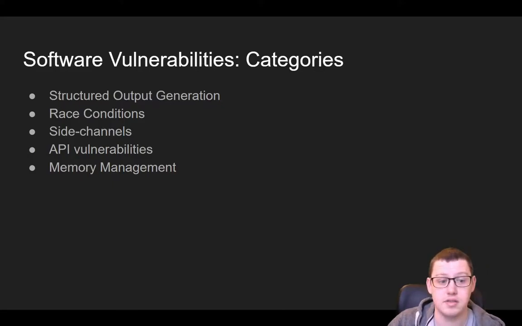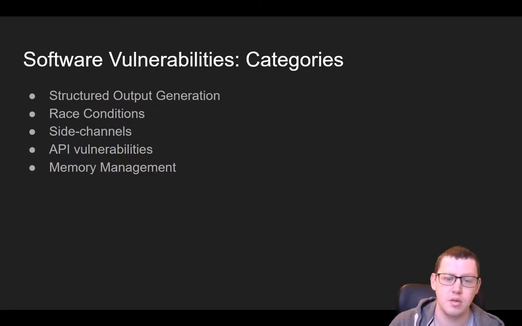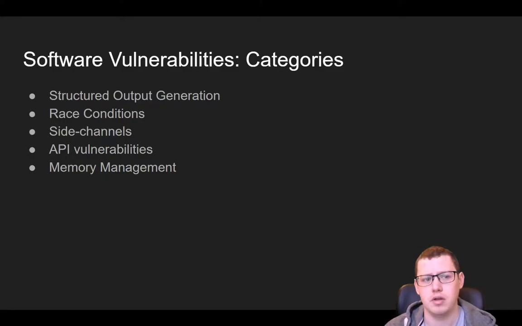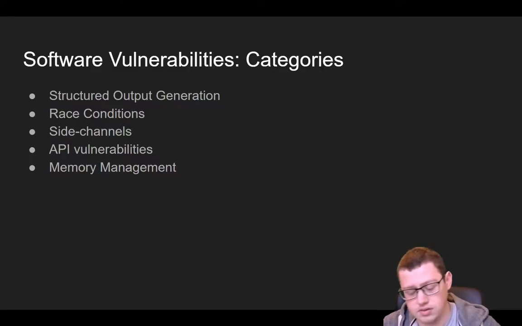So we've got API vulnerabilities. API vulnerabilities basically occur when components of the system interface with each other via an API, and they don't correctly use the API according to the specification or the contract of how it was intended to be used. This is an obvious security problem when we think about security sensitive APIs like crypto libraries. This is one of the more common places this vulnerability occurs, when a programmer uses a crypto library without understanding what it does, and the system that they're attempting to secure actually isn't secure